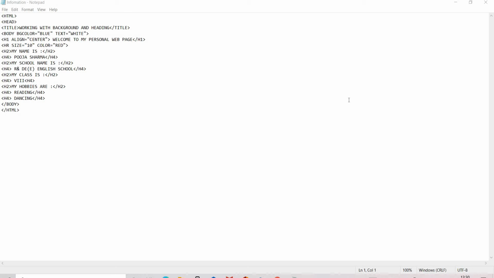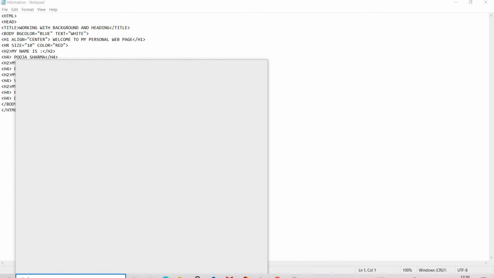In this program they are showing the structure of HTML, then how to use the body tag along with the attribute, then heading tags, horizontal line, and how we can use all these tags along with the attribute. They are showing the program, so you have to type this program in notepad.